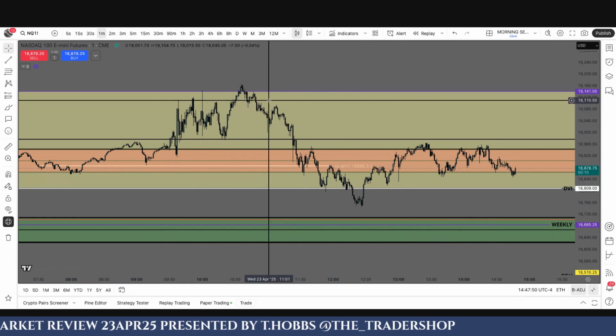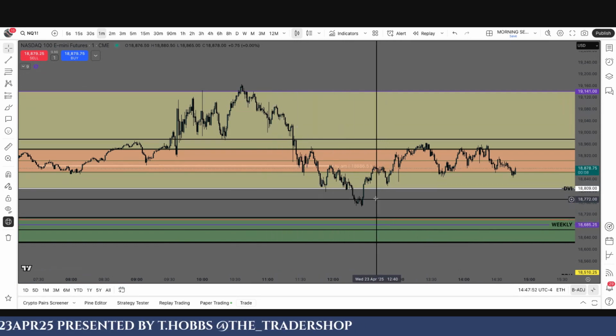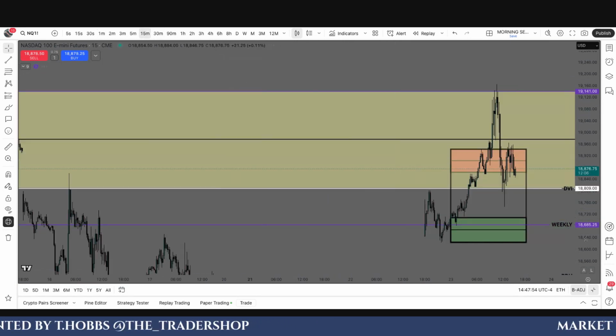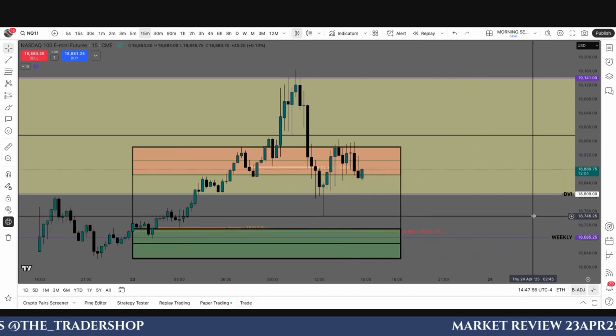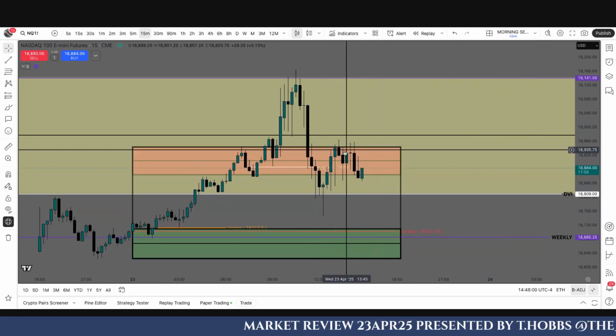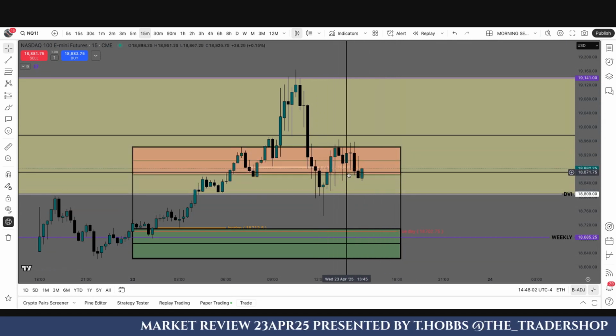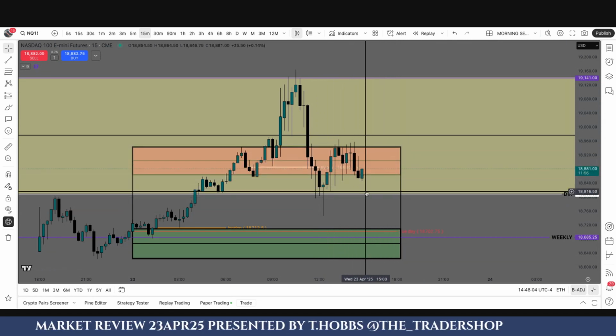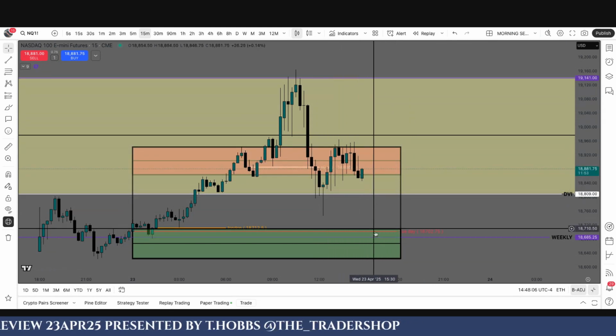It did just that. It wasn't able to get back to midnight, which tells me that the bulls are probably still in control of this for now, right? Maybe we get a big dump at the end of the day, but I mean, this balance out equation here, something's got to give. I don't know what it's going to be, but something's got to give. Either we're going to go up or start to push down.